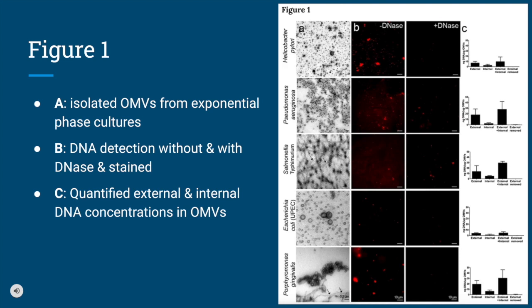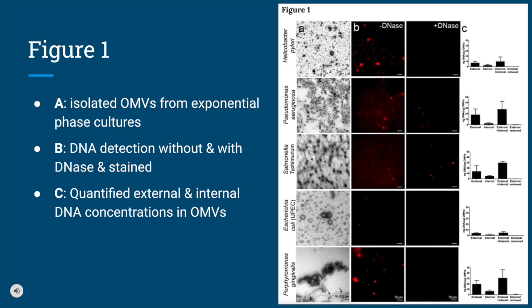So in part A of this figure, it is showing the isolated OMVs from exponential phase cultures, which is shown by transmission electron microscopy and is the first column of images seen in this figure. And what exponential phase means is that the bacteria is just regularly dividing by binary fission. And also the arrows in part A indicate flagella, which is seen in 2 of the images, so in 2